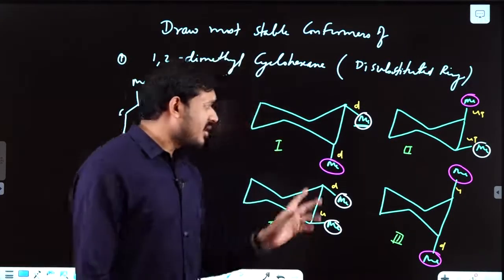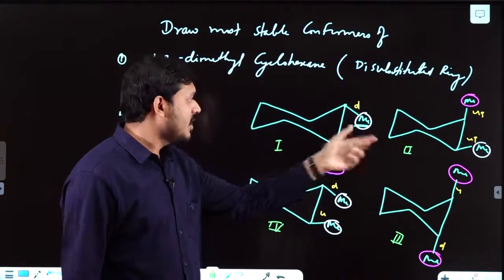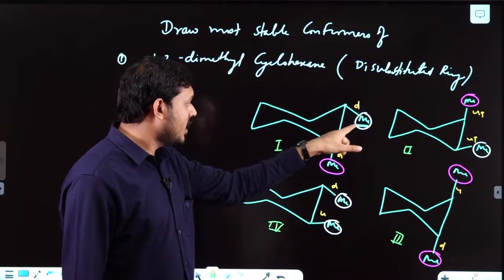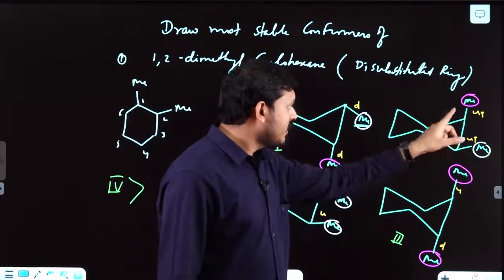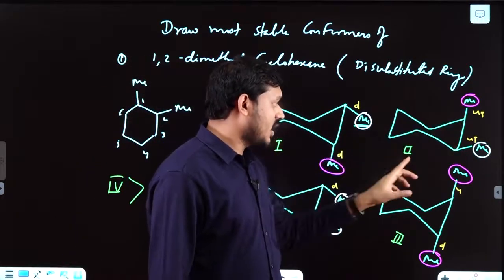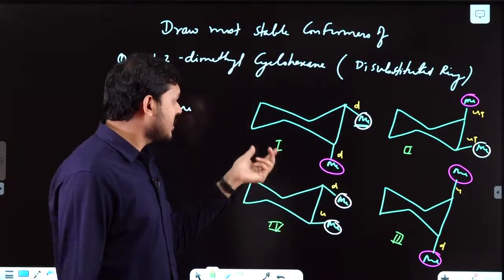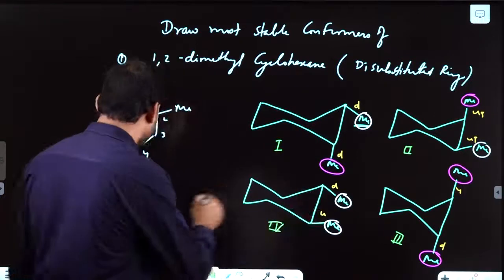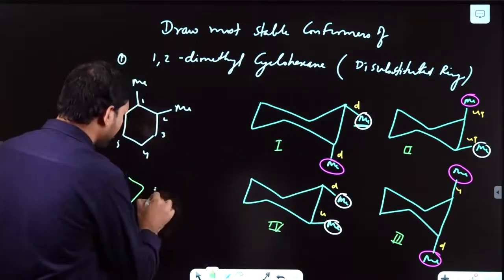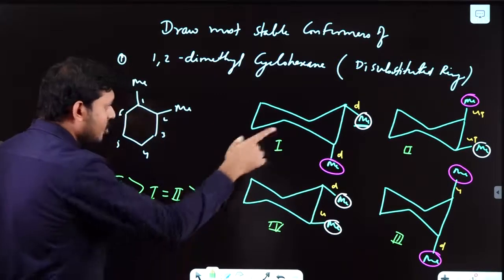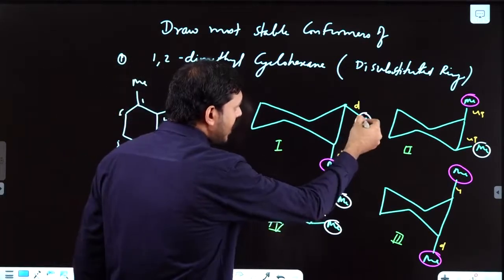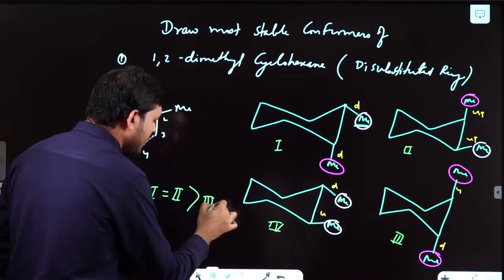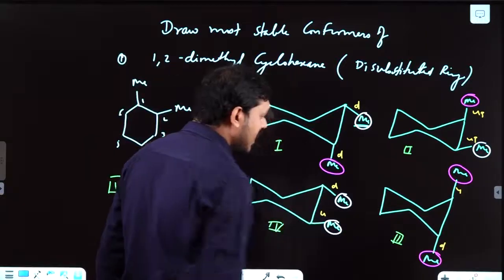Then I have to check if I'll say first and if I'll say second. You can just observe here, both are almost similar. Why similar? Because both are methyls. In the first case, the first one is in equatorial, second in axial. In the second case, first in axial and second in equatorial. As both the groups are the same, you can say first and second are actually almost similar, right? So after fourth, you can say 1 equals 2 because in both the cases, one group is in equatorial and one in axial. And then last, third, where you are seeing that both the groups are in axial position, right?